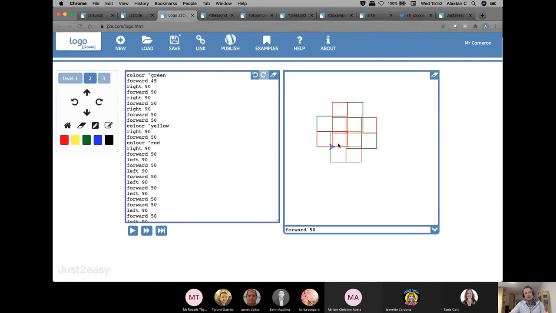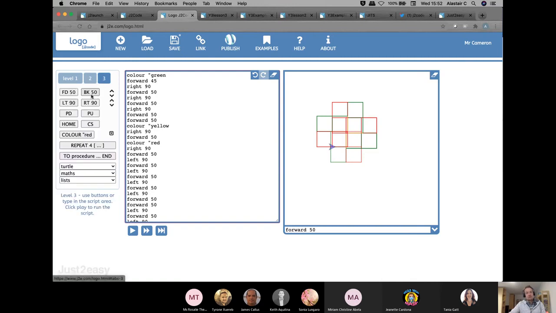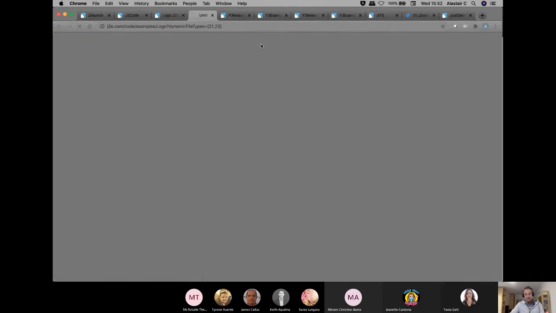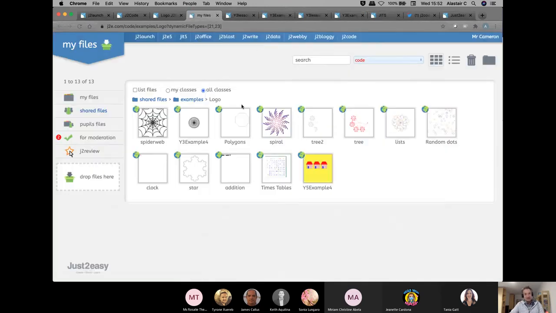Now, there are some lovely examples of logo being used, incorporating all of the commands here, which include the repeat function, because as anybody will remember the spirograph thing that used to be able to put the pen in and be able to make it go around the series of cogs, it can produce some wonderful artistic results as well using the repeat function in logo.